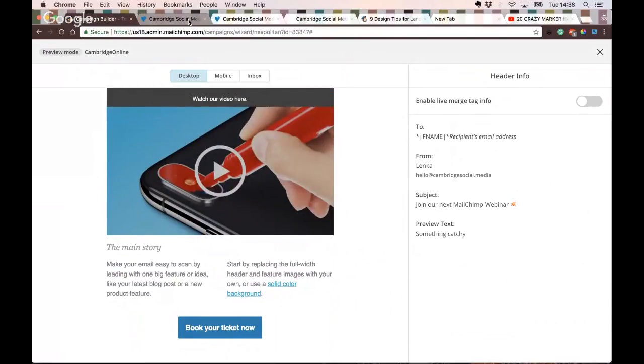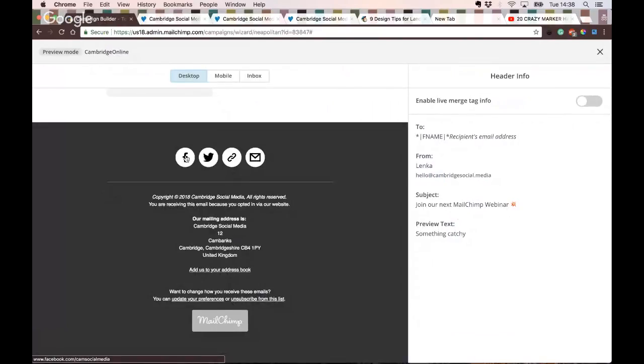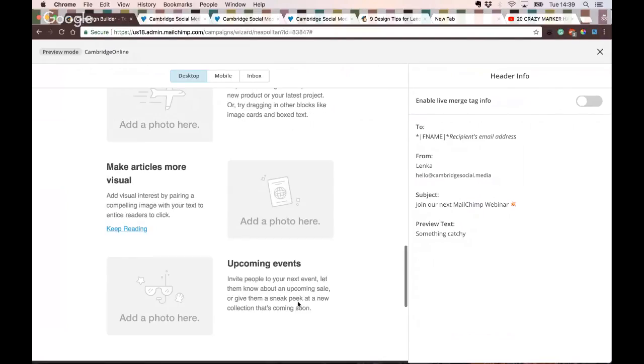So you can see that the email addresses are fine, that they're correct because the website I'm wanting to open is opening. And I would highly recommend testing all the social media icons as well to make sure that every link is correct. And you can see that the footer is now filled up, that you have the sentence, you have the mailing address, everything. And this is the only thing that you will always have there because it just says that it's for MailChimp because you have a free account. So this watermark will stay there, but it doesn't matter because it's at the bottom. Most people will never scroll up there, and people do know that MailChimp does this, so there's no problem in